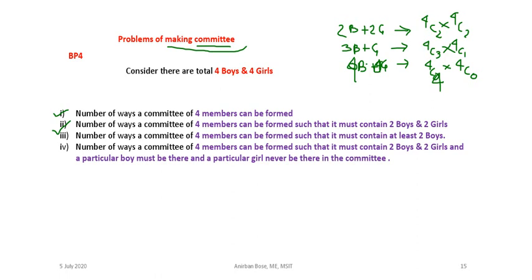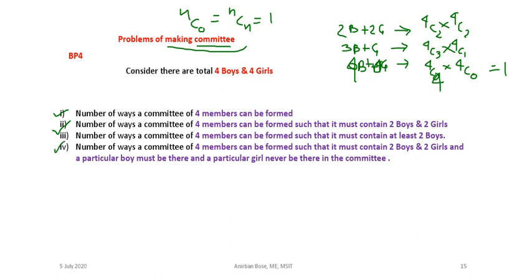Okay, so 4C4 means, remember this formula, that nCn is 1. Okay, nCn is 1, or nCn is same as nC0. So all these are 1. So 4C4 means 4C0, which is 1. So this is possible only one way. Similarly, you can find the others, and if you add them up, you will get the result. So this plus this plus this will be the result of question number 3.